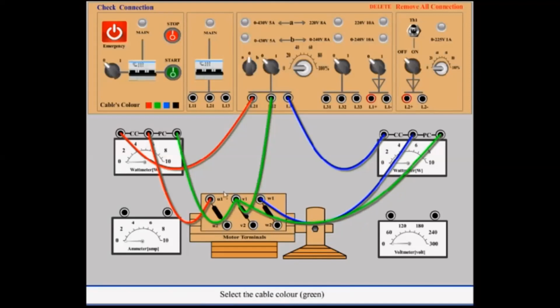Select the cable color green. Connect L2 with one terminal of the voltmeter. Select the cable color blue. Connect L3 with the other terminal of the voltmeter. Select the cable color black.